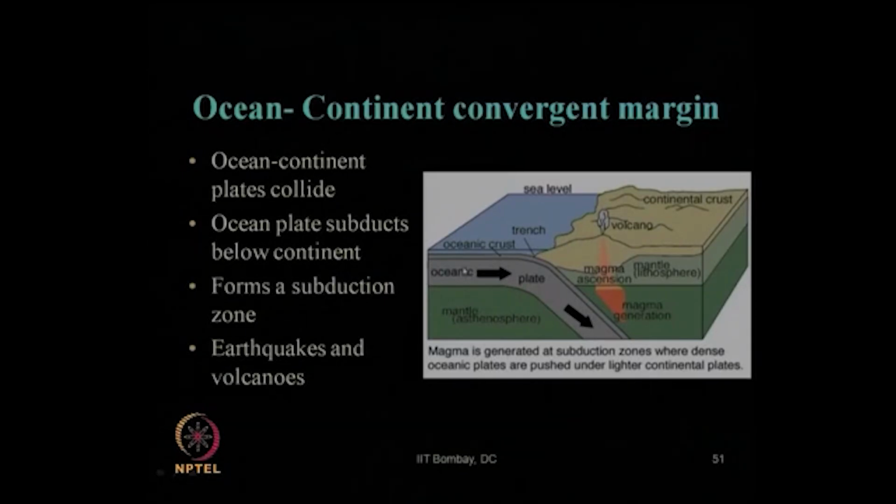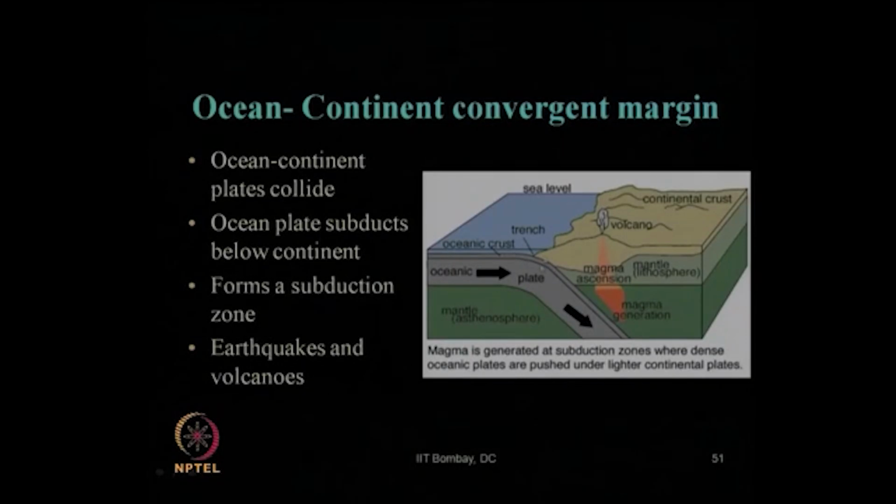So, obviously, as I said, the weaker one has to go below the other one. In this process, which one will be the weaker plate? Typically, we have seen from the Earth's interior data, generally the oceanic plates are the weaker plates, because of their thickness compared to the typical thickness of continental plates. So, ocean plates typically subduct below the continental plates, and that creates a subduction zone, and that creates earthquakes and